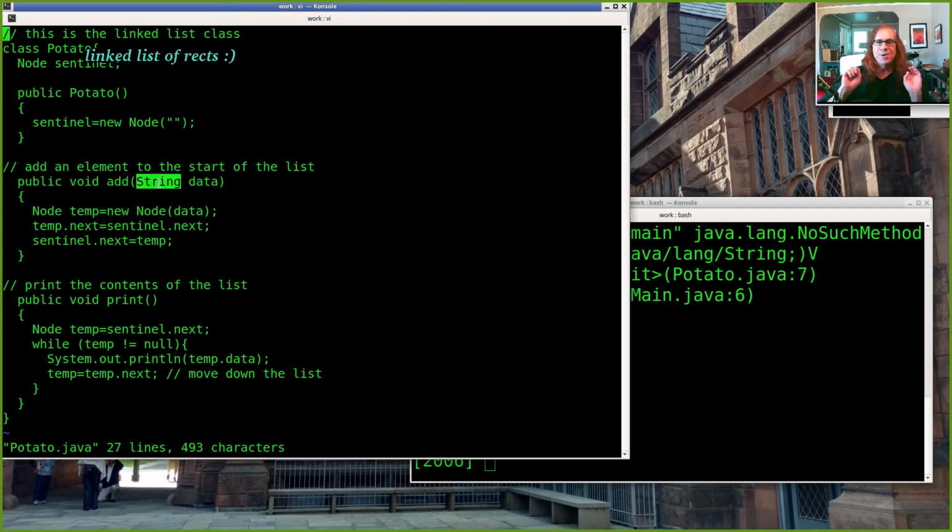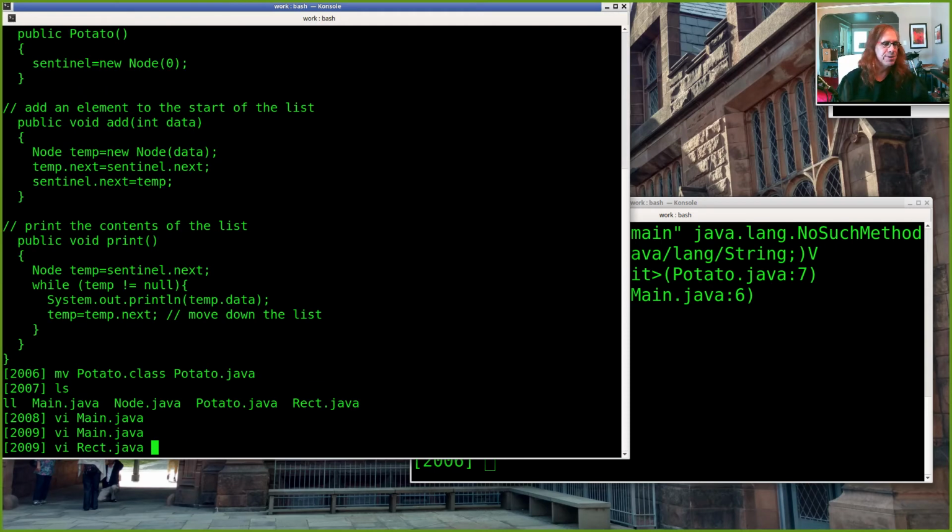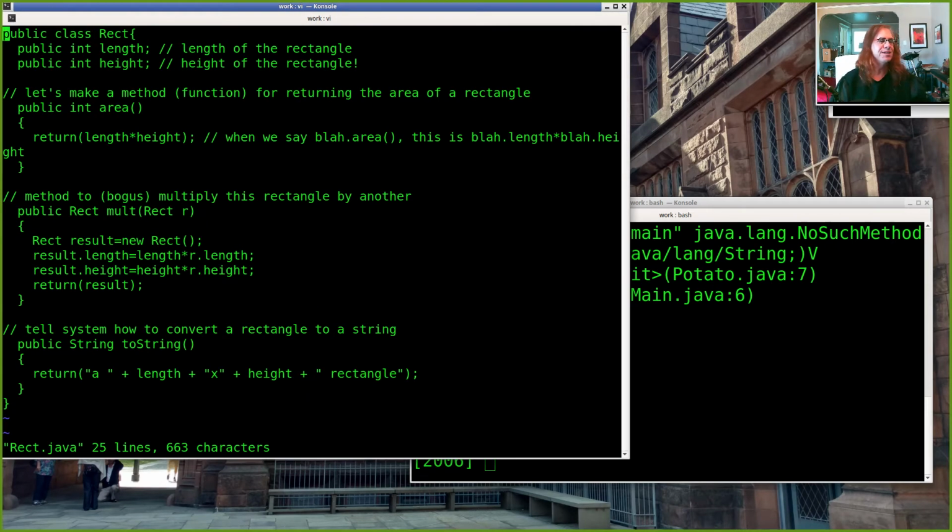All right, here's the magic part of it. This is really good stuff here. Let's make a linked list of rectangles. So I dug up from the Linux archive our old rectangle class friend from week 1. So there's a rectangle, we can construct it